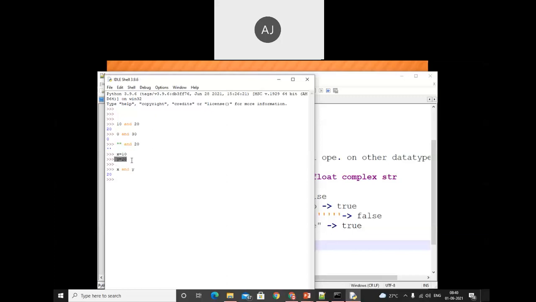Now let's check the false condition. So x equals 0 and y equals 20. Now x is false. Now I'm trying to use x and y. In this case, x is 0, which means it evaluates to false, so the result will be x. What is the value of x? 0. So we get 0 as output.